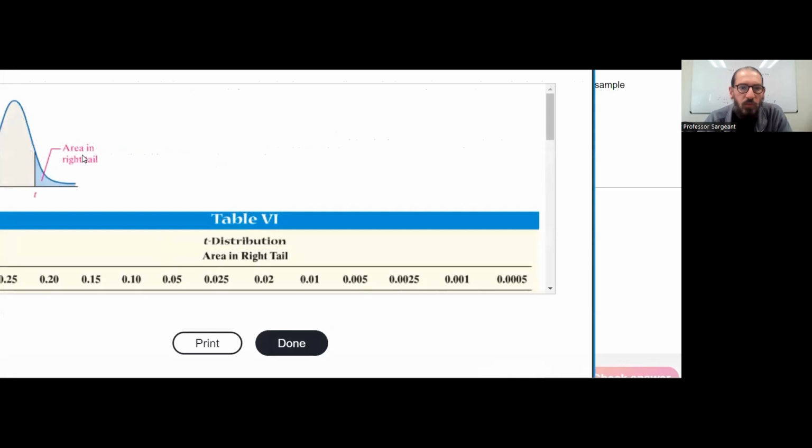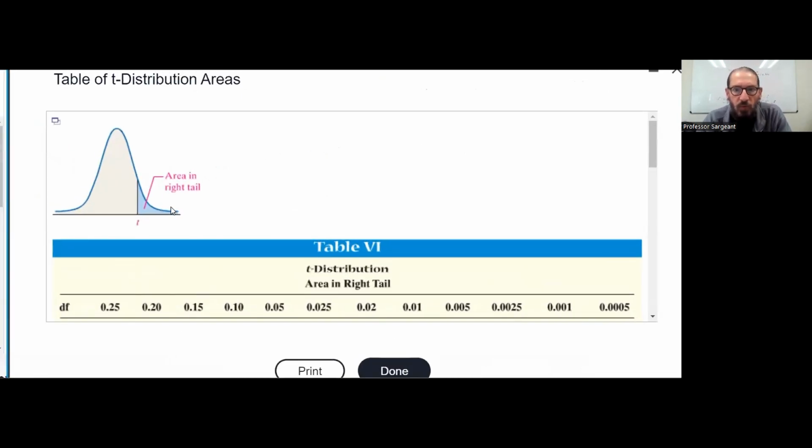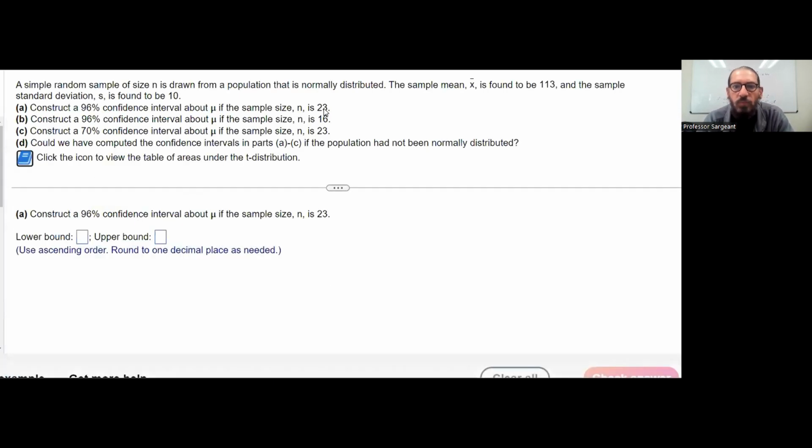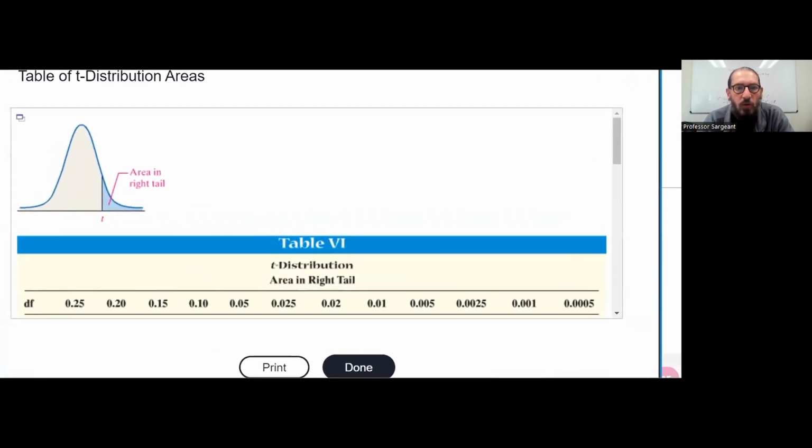The reason for that is the setup in this textbook. We would have the area in the right tail being 0.02. Similarly, because of symmetry, 0.02 in the left-hand tail. And so 0.96 in between, or 96%. So now that we know both that we are talking about 22 degrees of freedom, that's one less than the sample size, and alpha over 2 is 0.02,